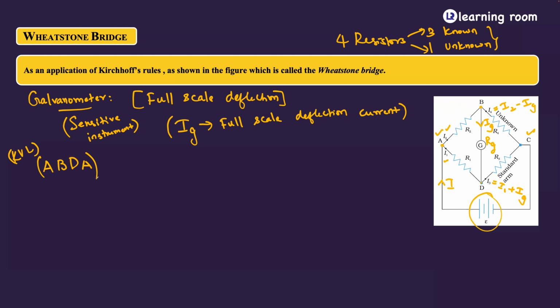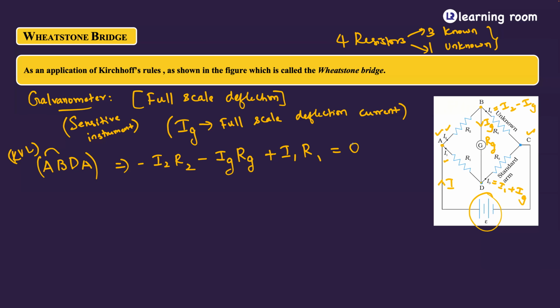So when I go from A to B, the potential drop is going to be minus I2 R2. Similarly, when I go from B to D, it is going to be minus IG into the resistance of the galvanometer, that is RG. Similarly, when I go from D to A, it will be plus I1 into R1 is equal to 0,